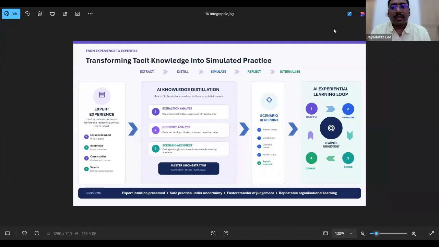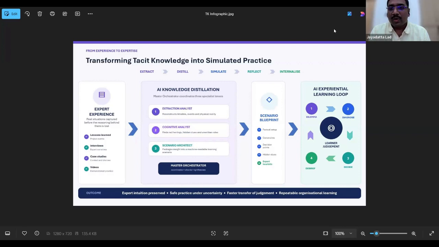Okay, so this agent, which I had developed as part of the coursework, is based on a multi-agent architecture. Before I get into the details of the agent itself, I just want to reflect on what prompted me to develop it. We were collecting a lot of resources from our experts in the form of case studies, lessons, digests. We were doing podcasts with the idea of getting them to talk about their experiences and therefore, in some way, convert their tacit knowledge into explicit knowledge, which we can then use for our projects.